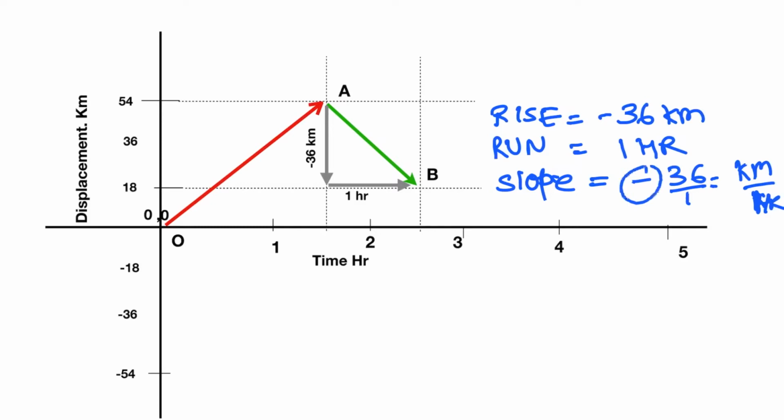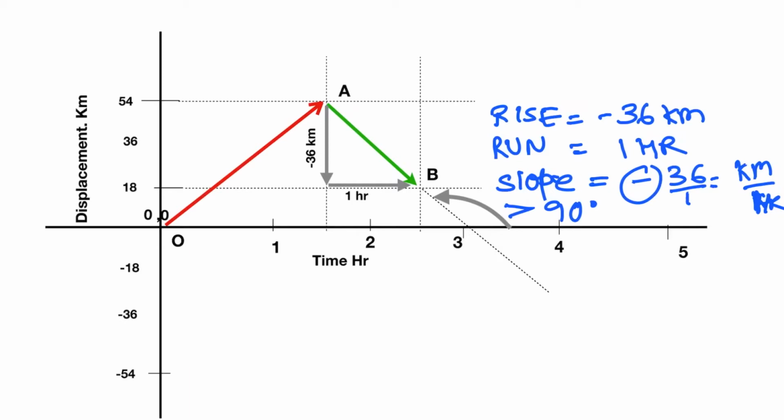So here the slope of the line is negative. What does that mean? If you see the graph, the AB line slants downward to the right. If the line slants downward to the right, it means it makes an angle greater than 90 degrees with the positive x direction. So this angle is greater than 90 degrees, right?